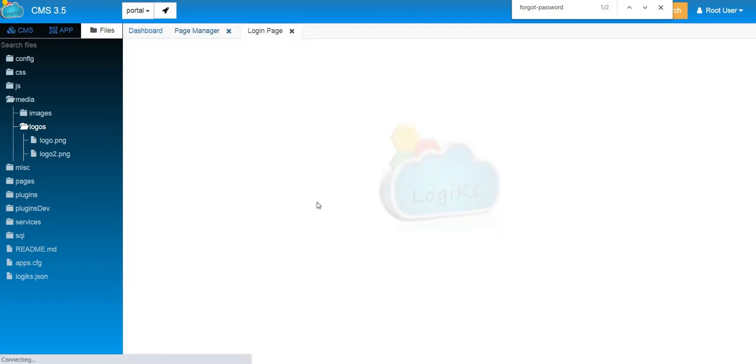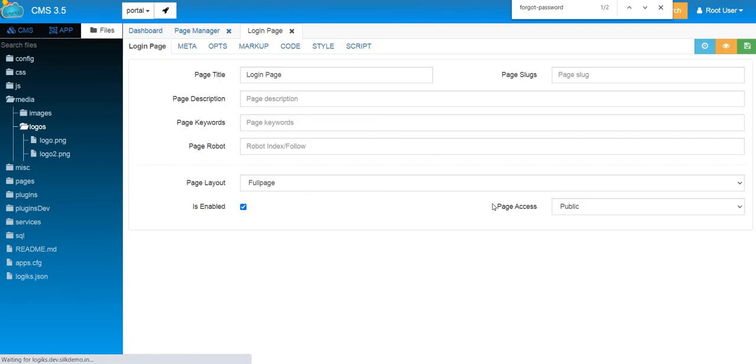So once you open a page, you will see there is page access. So what is this? Now sometimes in a website, the pages are public, like websites are mostly accessible to the public. So the pages are public. Whereas applications, if you see web applications, those applications are private. You need to log in to the system to view the pages inside that application.